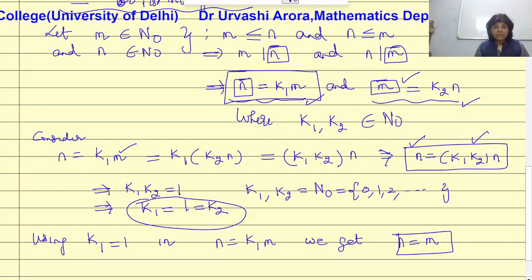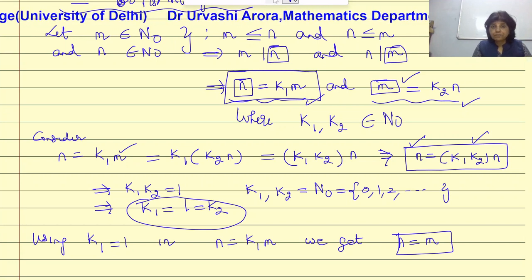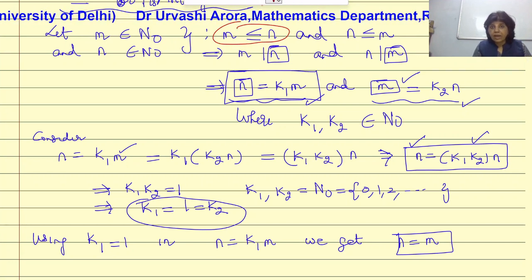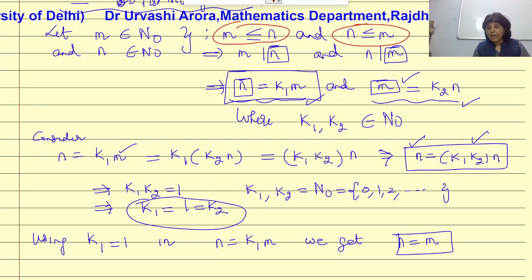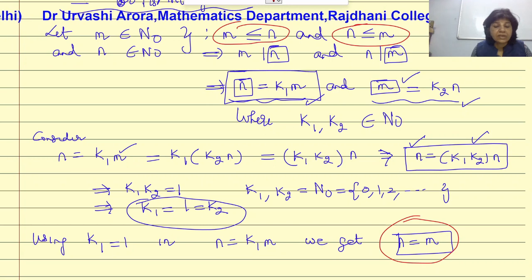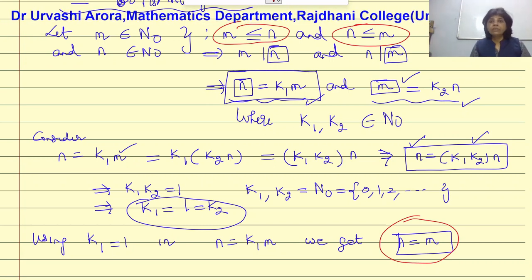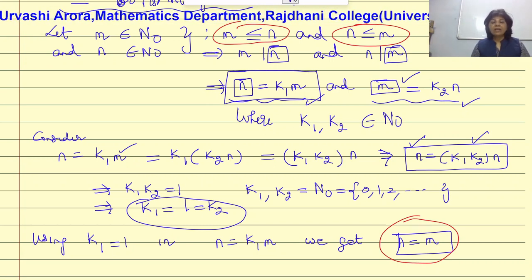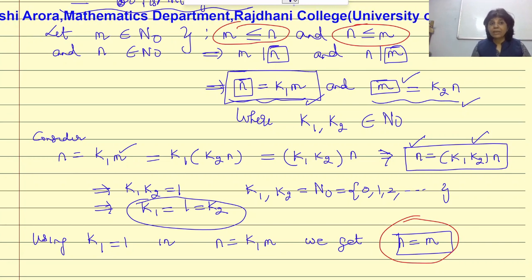So we started with m is related to n and n is related to m, and we have got n is equal to m, which shows that this relation less than equal to, or the divisibility relation, is an antisymmetric relation,